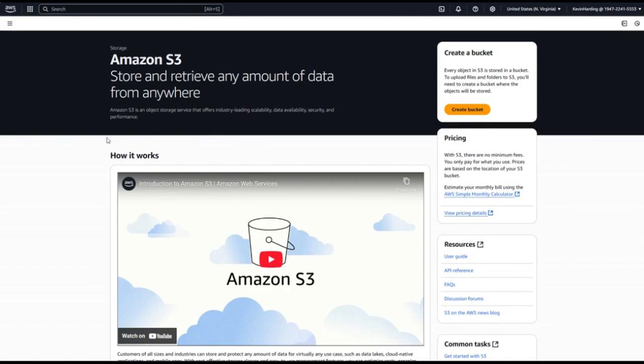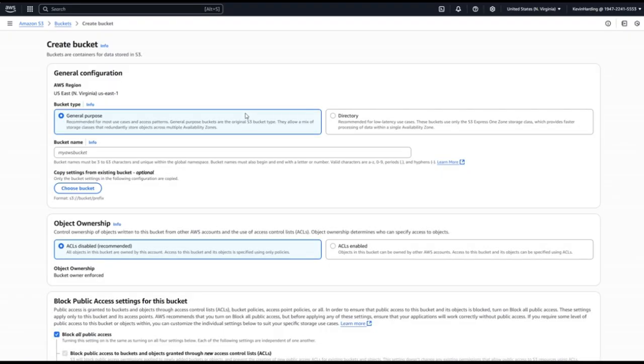Okay, so we are now in my AWS account, and I'm going to create an S3 bucket. So I'm at the S3 dashboard. I'm going to select Create Bucket. Now we're going to select General Purpose, and I'm going to put a unique name for this bucket. So I'm going to put the name of the company, Pixel